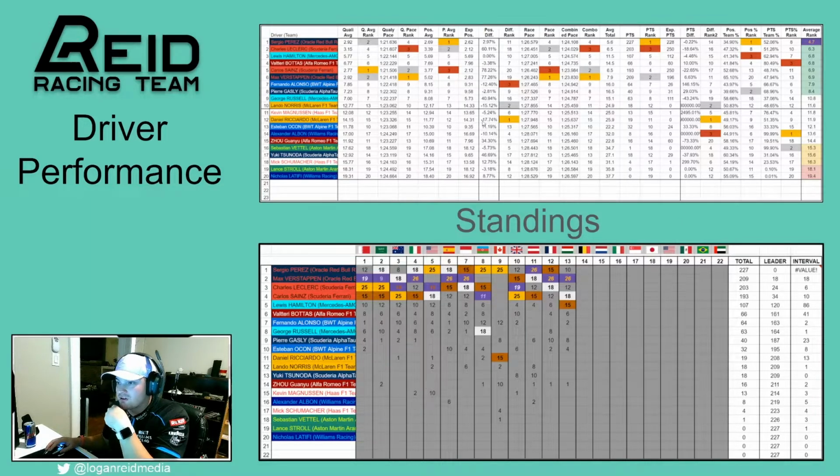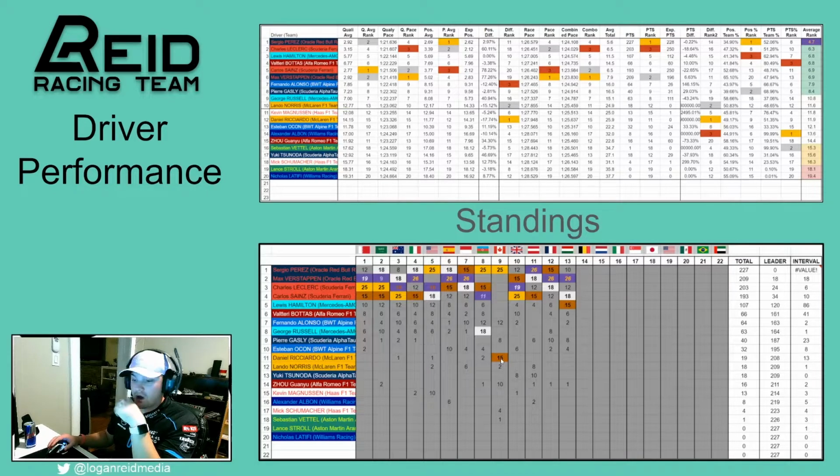That belongs to Daniel Ricciardo, who got a podium in Canada. So I think that's been his one really, really good race. That really probably lifted him up. So, as you see, these are just rankings,